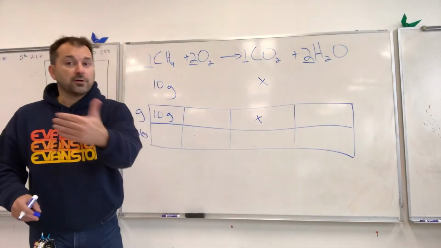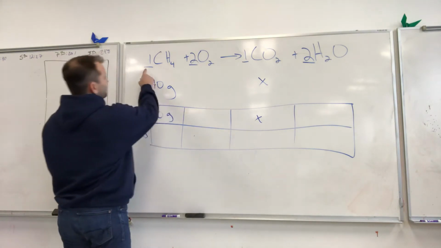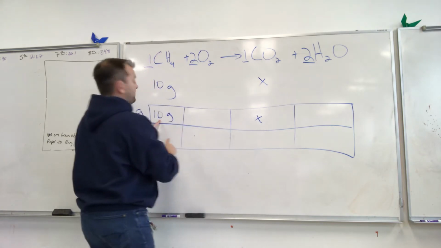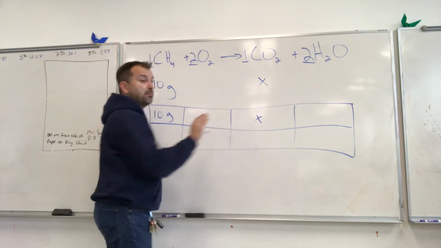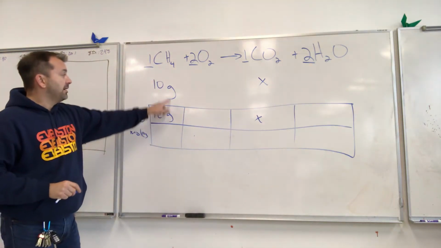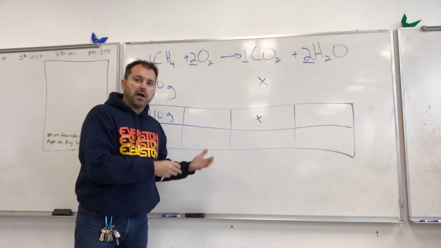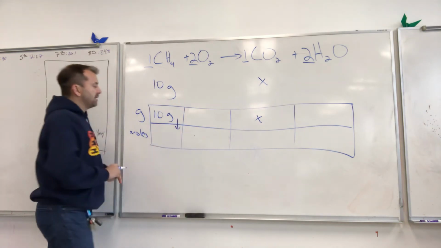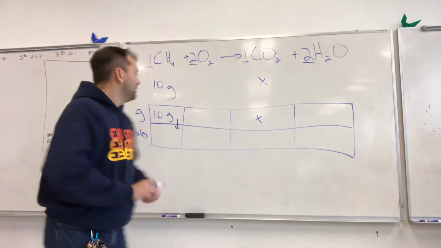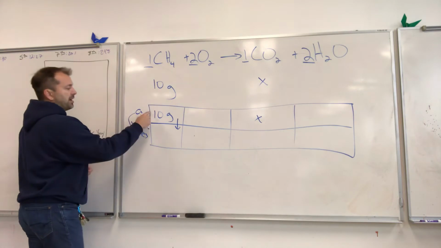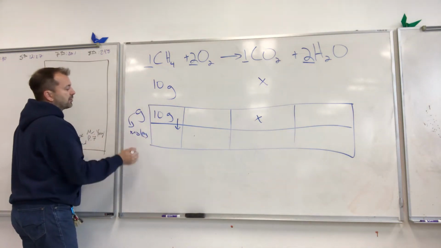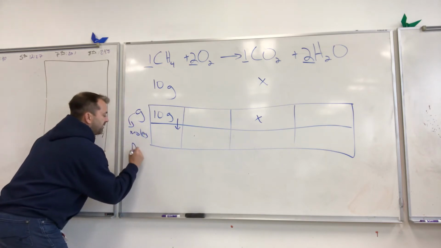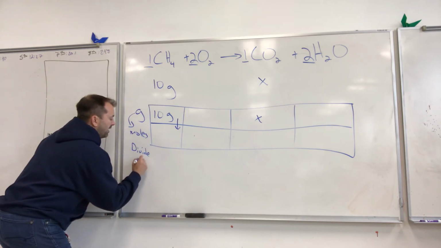Now, what we had done earlier in class is you could look at this mole ratio and say, oh, it's 1 to 1. If this is 10, this should be 10, but remember that grams are not equal. The amount is different for each thing. So what we have to do is first convert 10 grams to moles. And how do we do that? Anytime you're going from grams to moles in your reaction table, you're going to use the molar mass, and anytime you go down, you're dividing. So we're going to divide by the molar mass